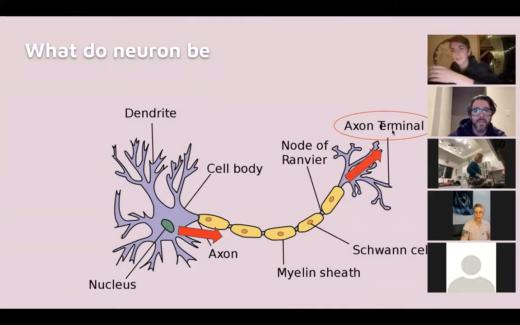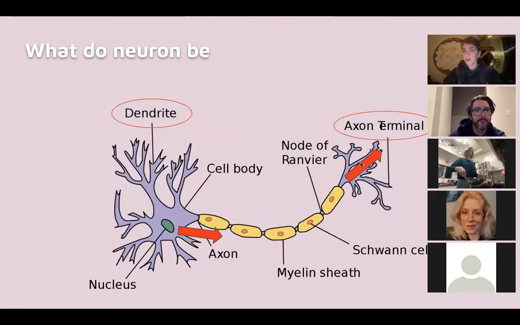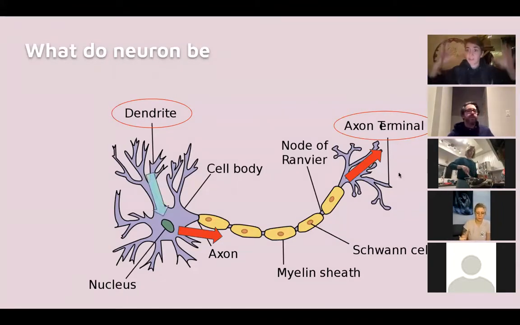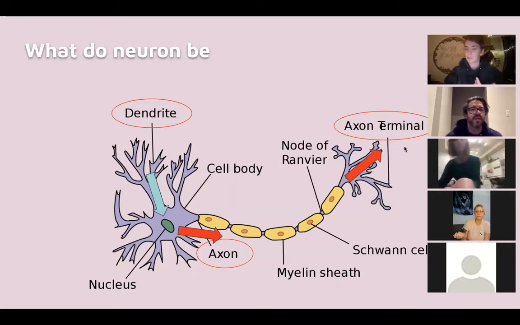Signal travels down, axon terminal gets the electricity and does something with it. We'll come into what it does. We're going to build up from the ground up. So we're going to have a ton of little pieces, and they might not make sense on their own, but I promise we will put them together. So electricity comes down from these dendrites at one end. Dendrites send all the way down to the axon terminal at the other, okay? So electricity comes in, it is sent, and then it is passed. And we'll go into how that works in a second and why it's relevant.